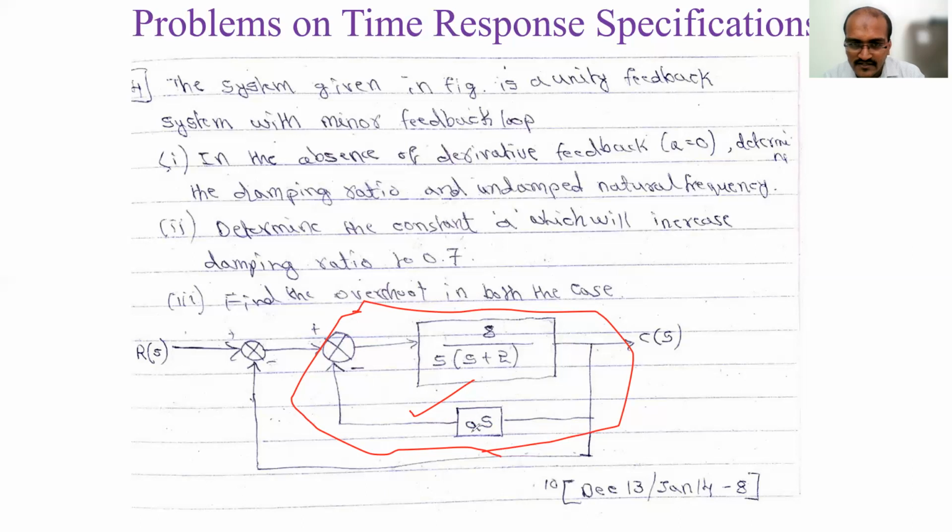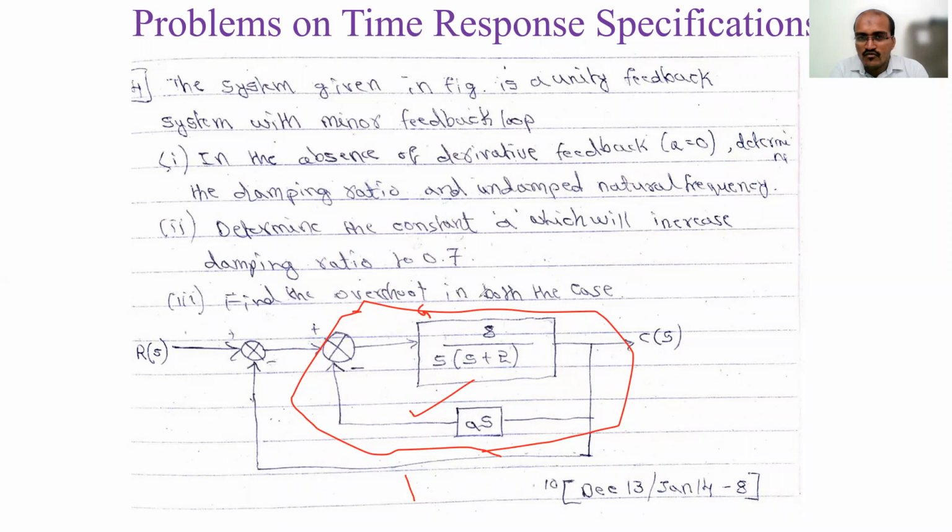So it is G, this is H. G divided by 1 plus GH you have to do. You will get one new value, and then you consider that new value as a whole G, and this H as 1, and again you have to do G by 1 plus GH. One step further. Its transfer function is different. Again you compare with the standard transfer function, and now you have the zeta value, and the A value you have to determine. If there is a constant to find, something else should be given, so that's why the zeta value is given in the second case.